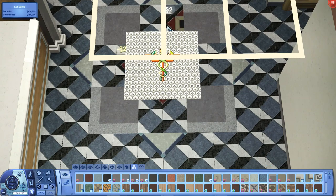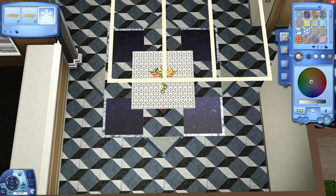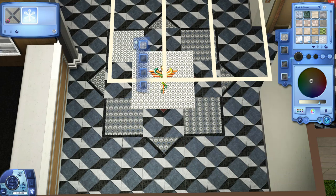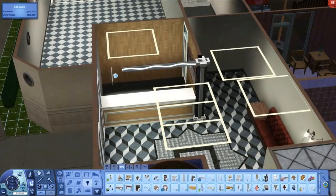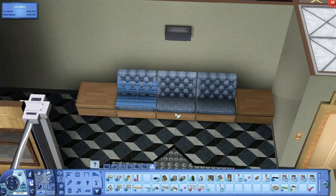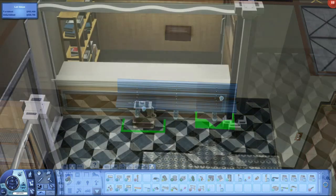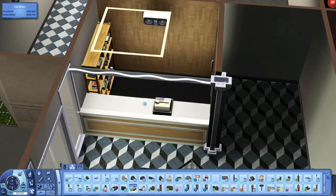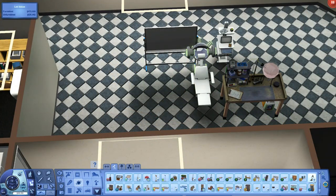So first, tackling the lobby area, the front desk area, and the waiting room area too, and again I went with an Art Deco vibe. So even the rooms upstairs, on the second floor, are a bit grand looking. The bathrooms might be even worse there, but I wanted that vibe, so I went that way. Adding a cash register from World Adventures just to have an NPC at the front desk,